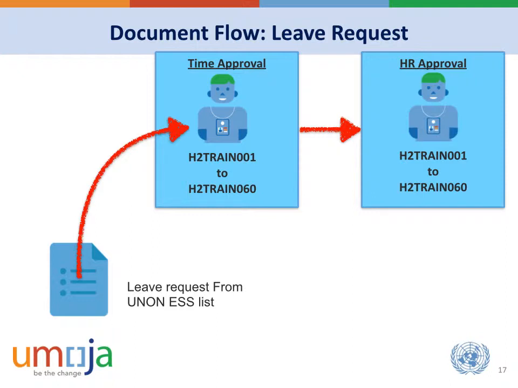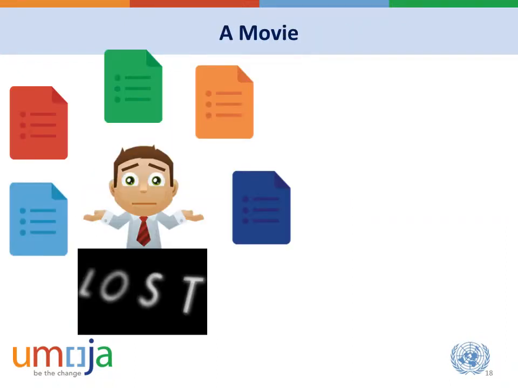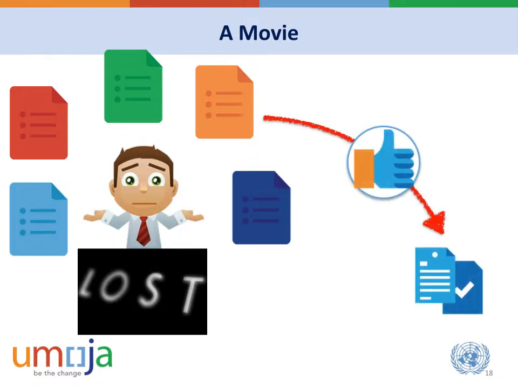The next is a movie, which is called Lost. When you are in a training environment and you are being the user and the approver for all sorts of documents, you're going to get confused with all sorts of documents coming to your inbox. How are you going to pick up and certify the documents you have created, or how are you going to filter the documents which belong to you for the next step of processing?